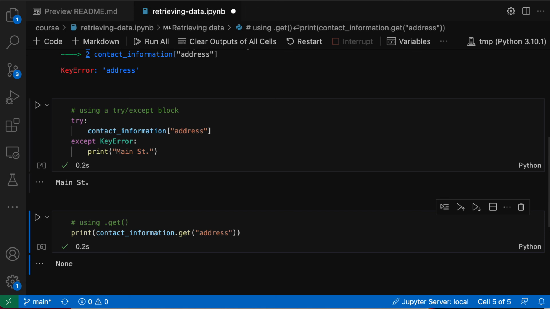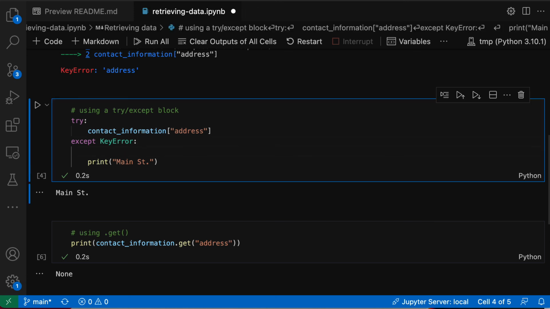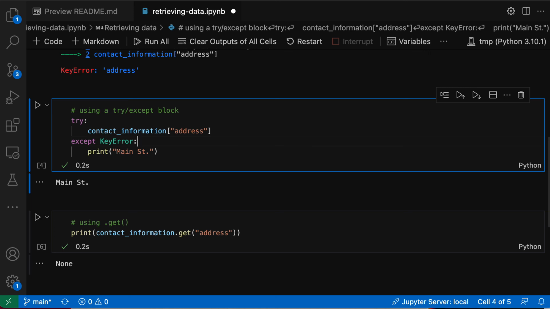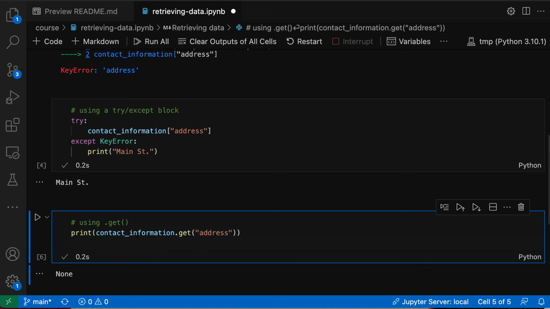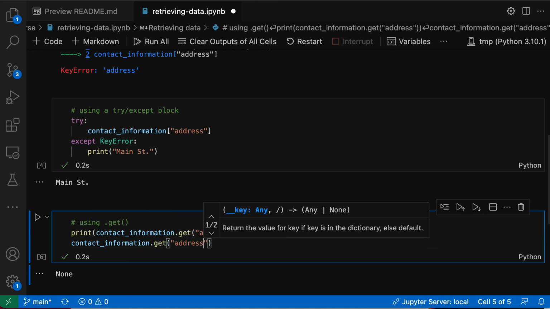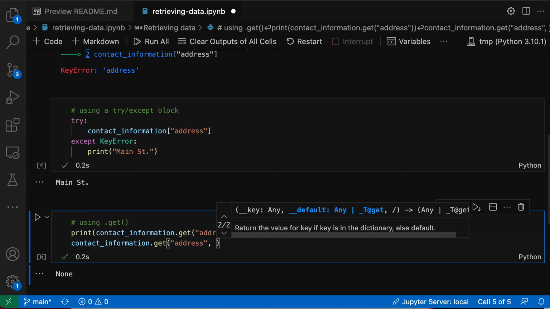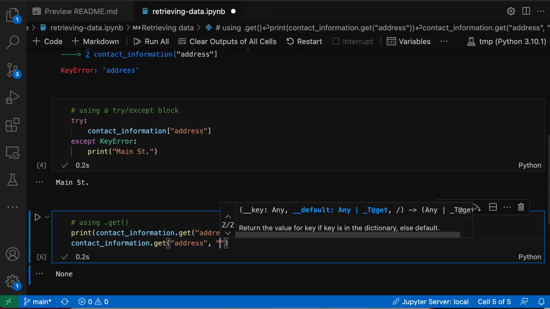This .get call is like saying when there's a key error, return a None over there, right? So it's effectively the same thing behind the scenes. You get that behavior by default, you get a None. But you can also specify something different. You can say contact_information.get address, and this optionally accepts a second argument, and that second argument is the fallback value. So instead of a None, which is the default, you can say